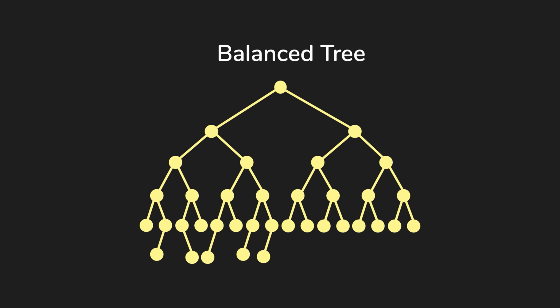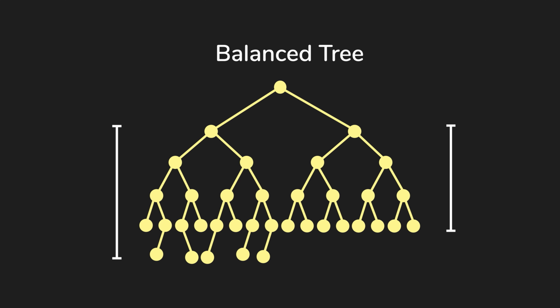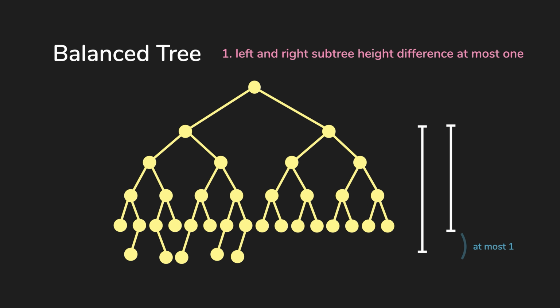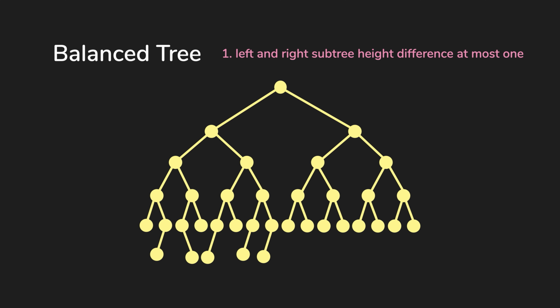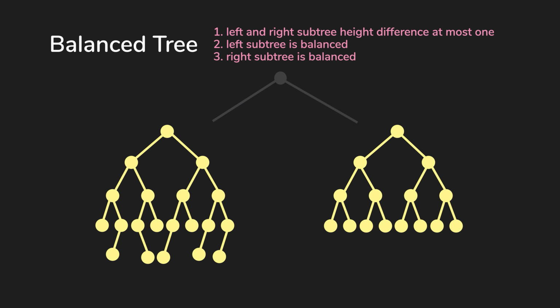The formal definition of a balanced tree is that a tree is only balanced if 1, the left and right subtree's height differ by at most 1, 2, the left subtree is balanced, and 3, the right subtree is balanced. In other words, for every subtree in your original tree, their left and right subtree cannot have a height difference greater than 1. In our example, as you can see, the left subtree is taller than the right subtree, but